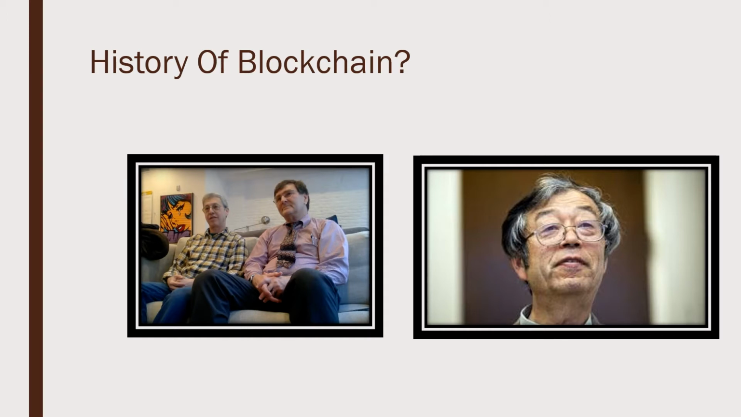The first work on blockchain was described in 1991 by Stuart Haber and W. Scott Stornetta. The person seated here is Stuart Haber, and the person sitting here is Scott Stornetta. The first blockchain was conceptualized by a person or a group of persons known as Satoshi Nakamoto